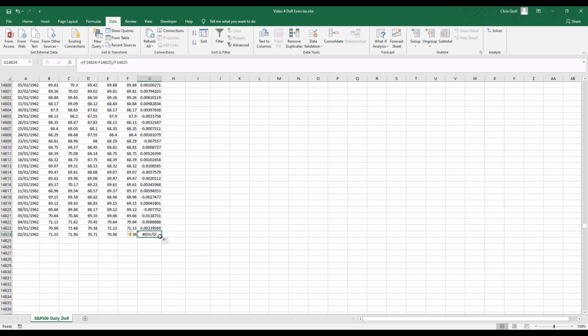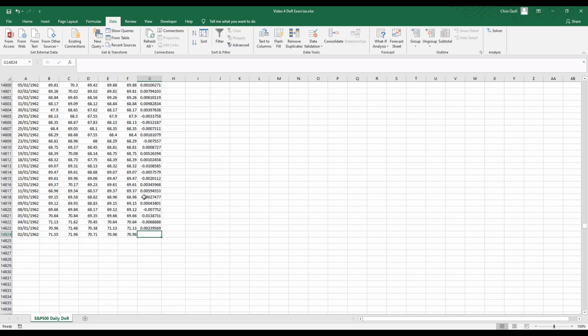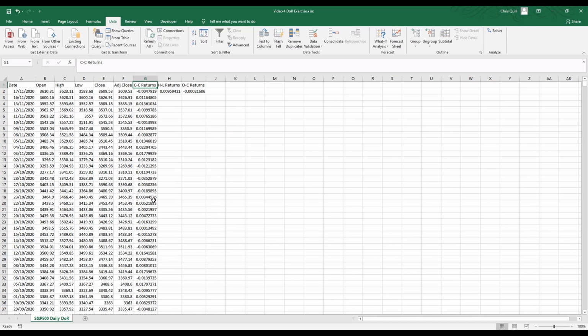So the easy way around that is just to clear the contents or delete that cell. So I'm just going to select that cell and then press delete on the keyboard. You can, of course, right click within the cell and clear contents. That's also fine. Let's go back to the top of the data set and copy down the formulas in cell